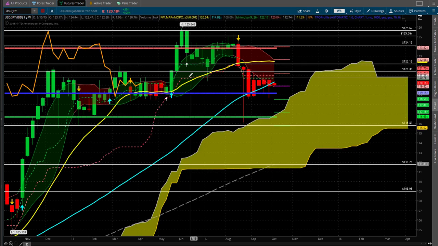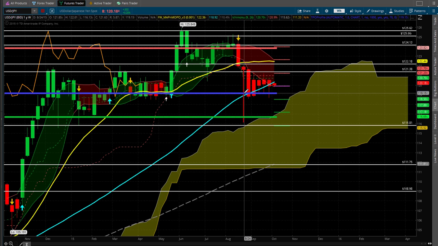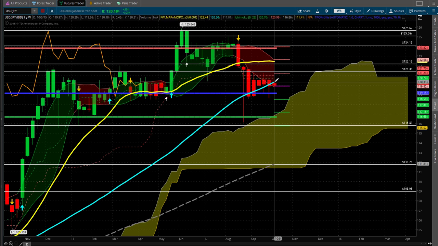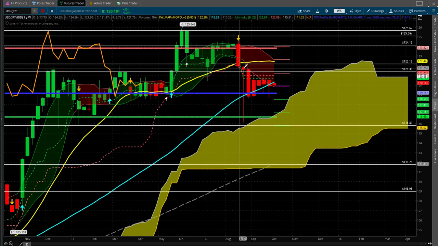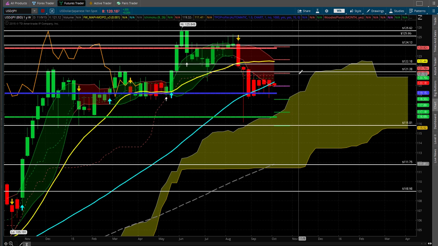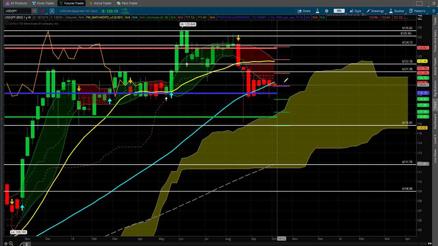So the dollar yen, you can see, wow, look at that candle. We blew right through the 50 point of control, found support at the value area low, and now these are weekly. So look, we've just been going sideways. And look at the 50 right here, the 20. So it's kind of on the weaker side of things, but medium term, it's still bullish. You're above the cloud, you're losing a little Momo, but other than that, it could still push higher, or just keep going sideways, consolidating.